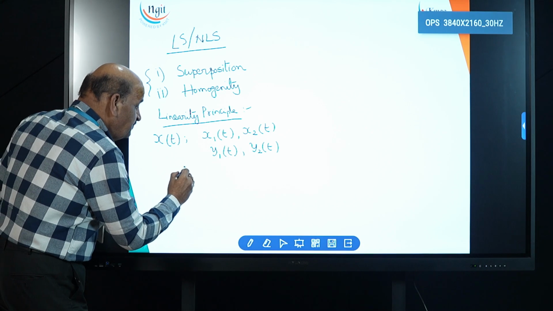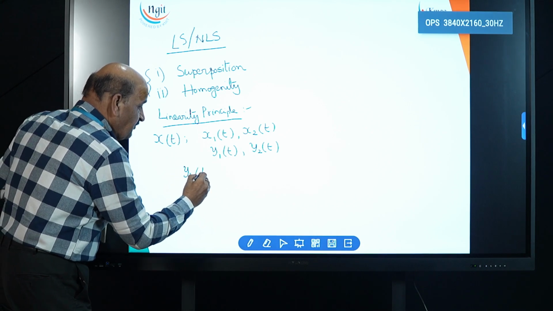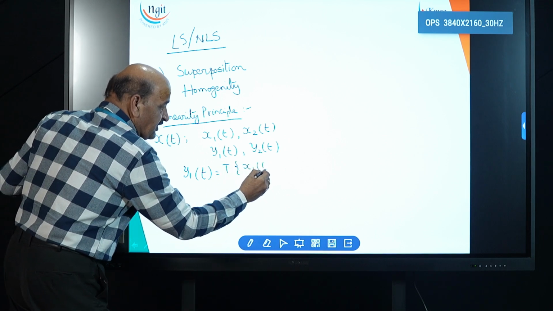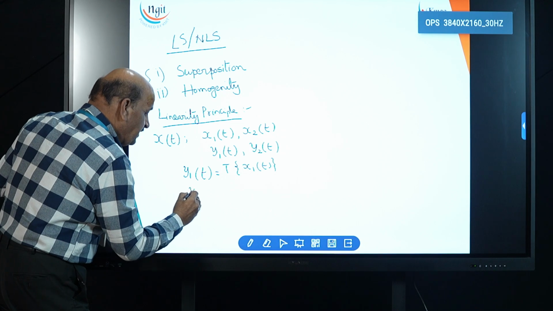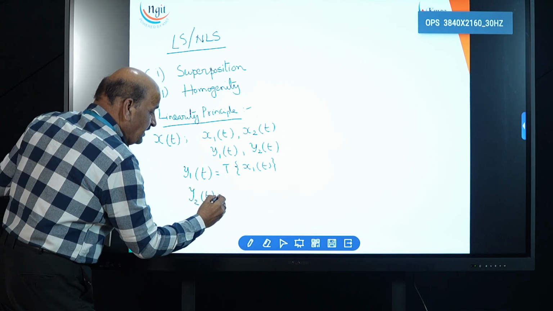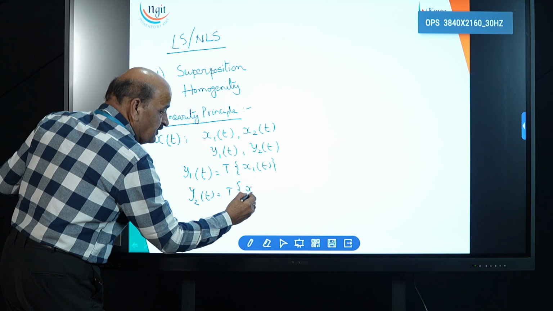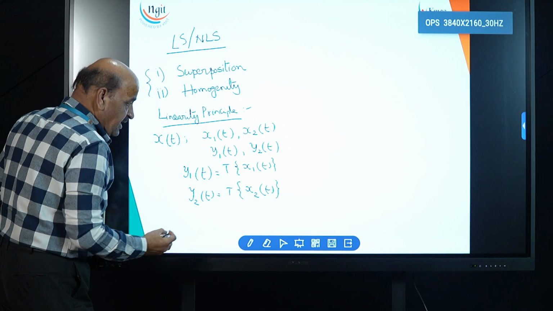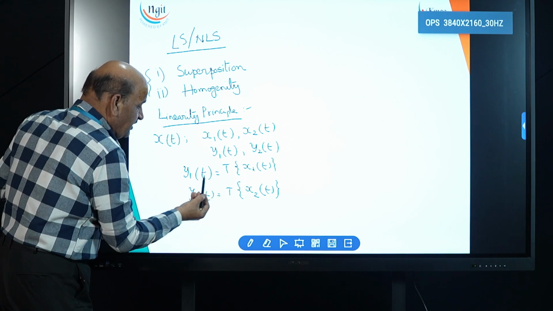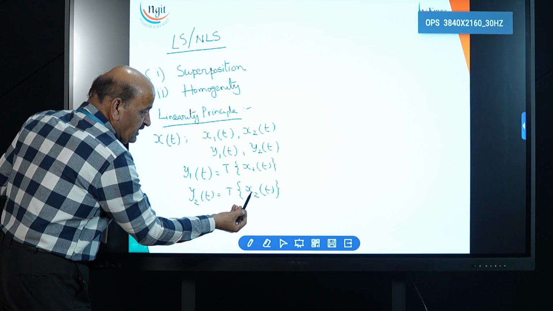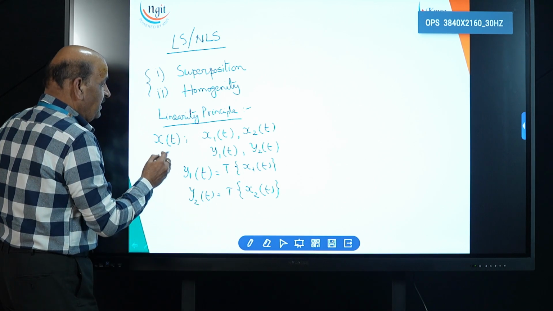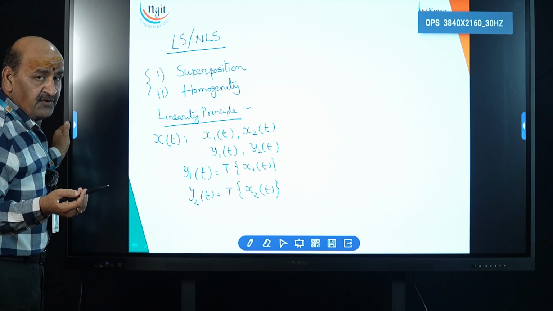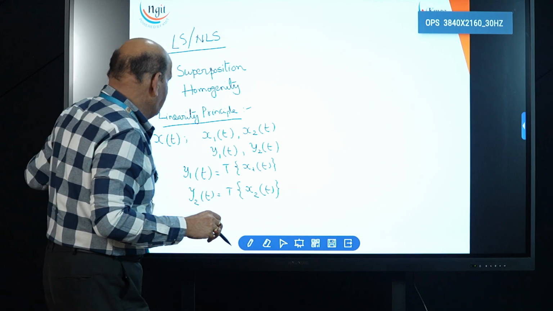Now, how will the output be given? y1 of t is equal to some transformation of the input signal x1 of t. Now, what is y2 of t? That is equal to the transformation of the input signal x2 of t. For our understanding, for the input signal x1, the output is y1. For the input signal x2, the output is y2. Now, what is the linearity property? Again, I am explaining before solving the problem. The linearity principle is that